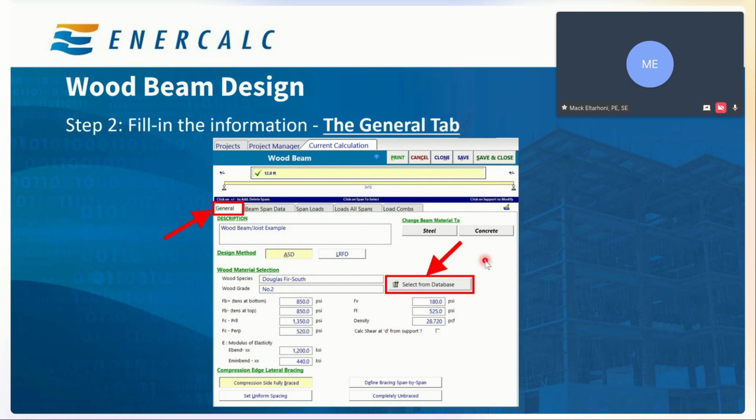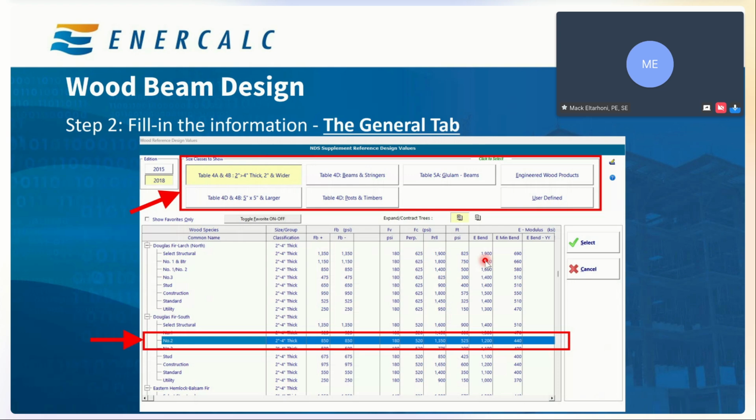The next thing, we want to select the material, the wood species, and the grade from the database. The database is already provided. It's from the NDS supplemental reference design values. These follow the NDS tables. And here in Oklahoma, it's pretty common for us to use Douglas Fir South and grade number 2. That's what we use for commercial buildings.